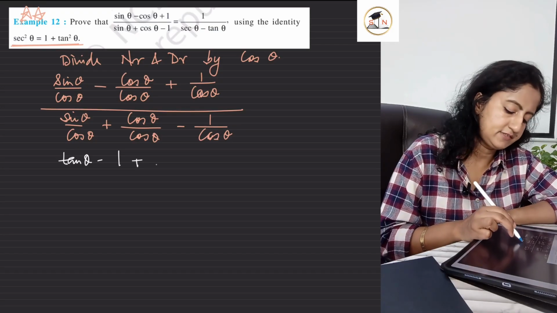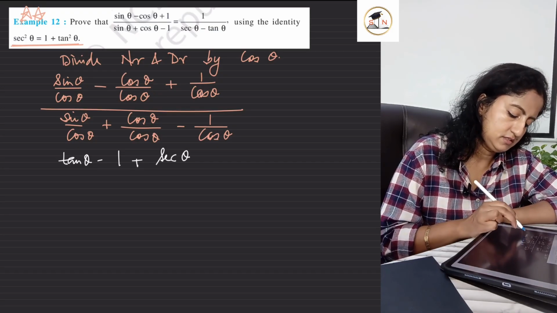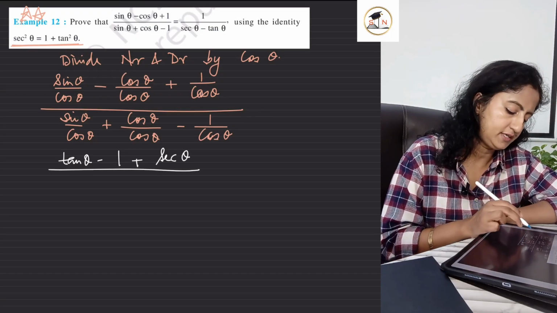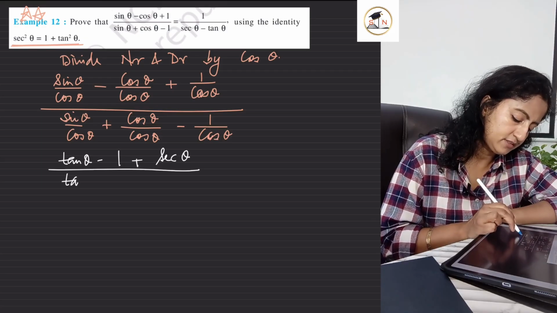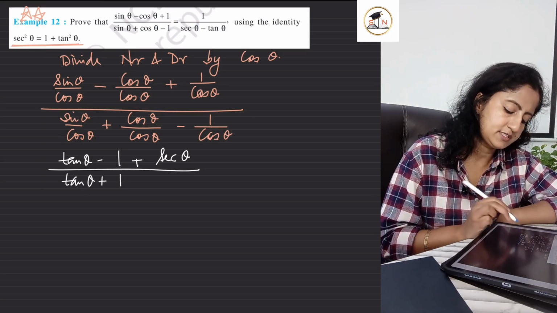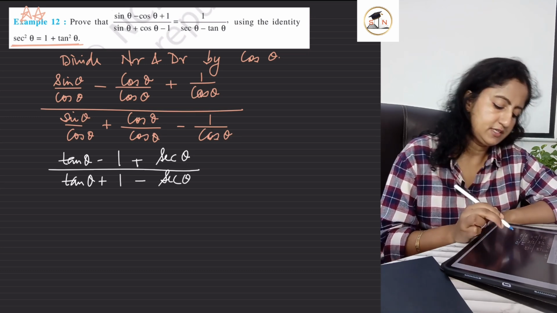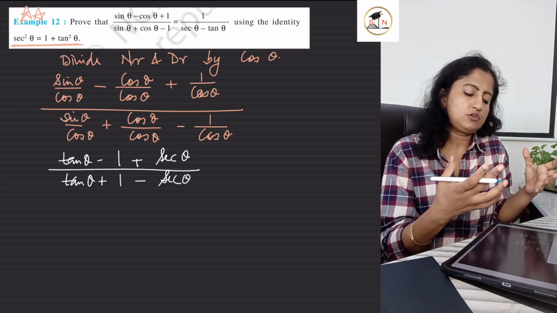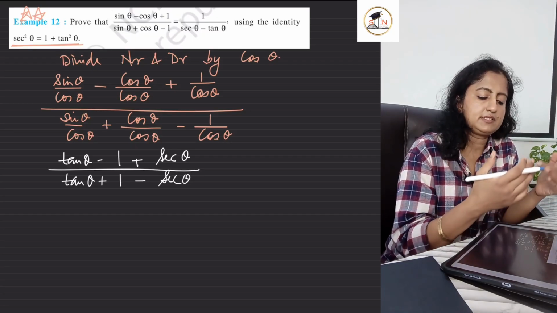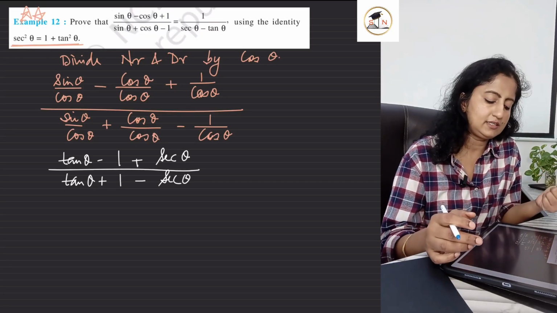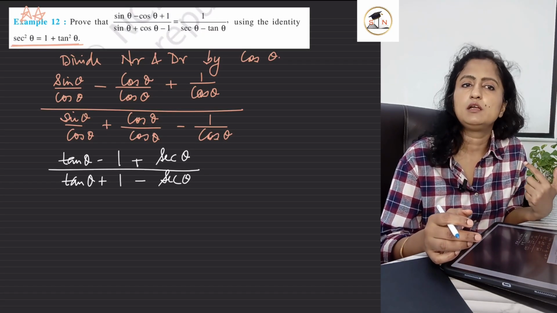1 by cos theta gives us sec theta. Now, similarly in the denominator, sin by cos gives tan theta. Cos by cos gives 1. And last, 1 by cos gives sec. This is what we get. So, अभी तक हमने क्या किया है? हमने अपने sin थीटा और cos थीटा वाले क्वेश्चन को sec थीटा और tan थीटा के टर्म्स में कन्वर्ट किया,